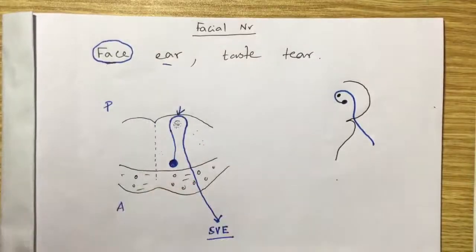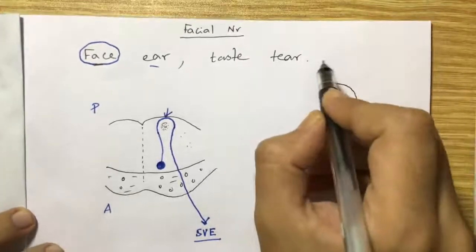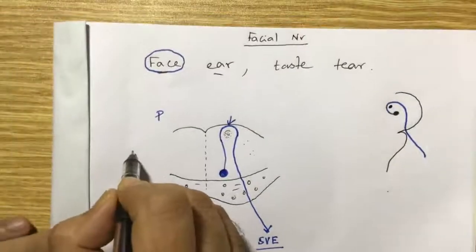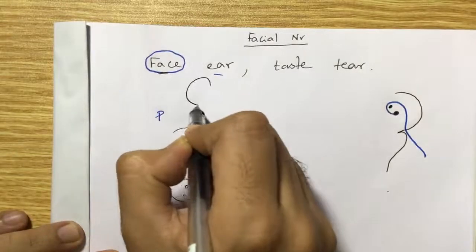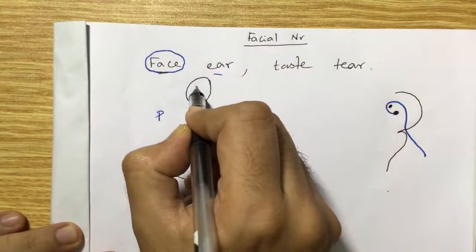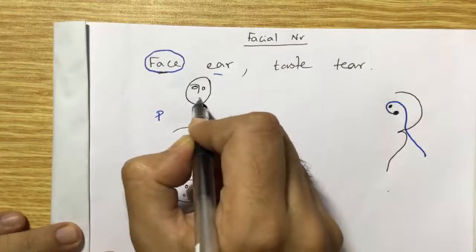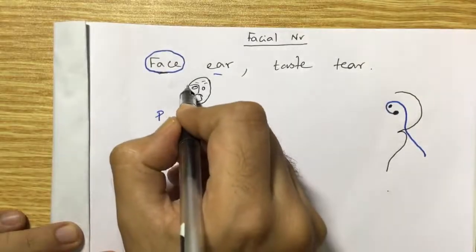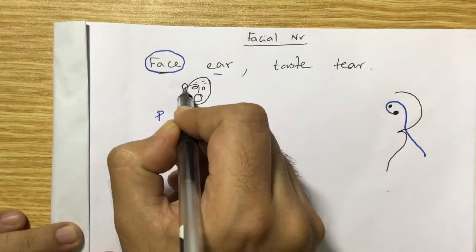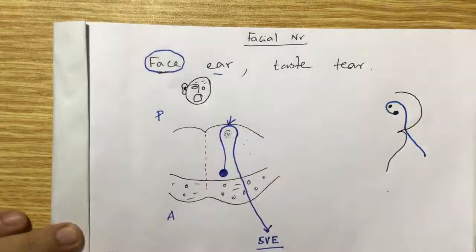Second is the ear. Actually, the facial nerve carries the cutaneous sensation from the concha of the auricle. Let me draw a diagrammatic structure of the face. Say, here I am drawing the structure of the face. So, muscles of facial expression are already supplied by this. Then the auricle, here lies the concha. The cutaneous sensation from this zone